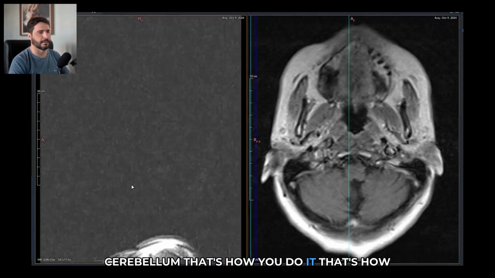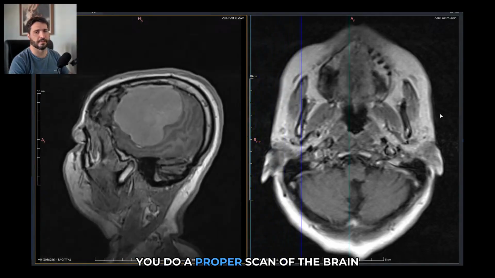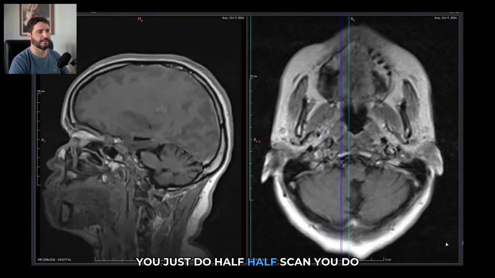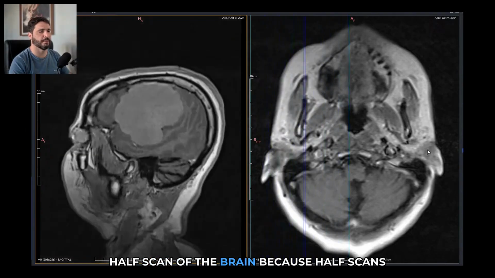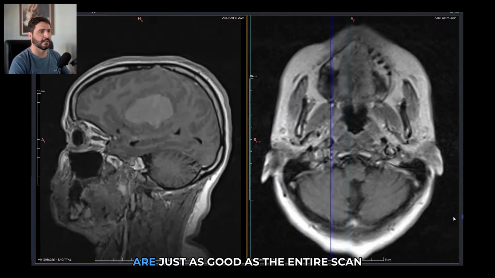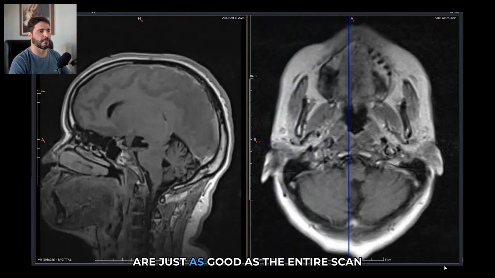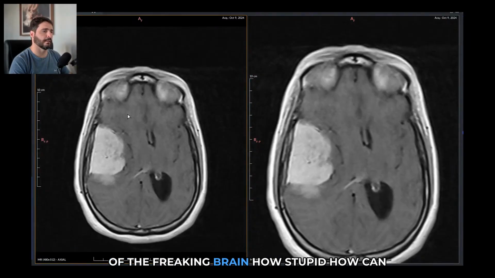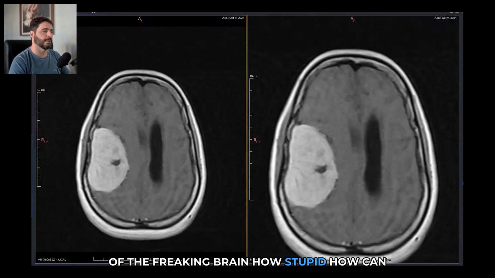That's how you do it. That's how you do a proper scan of the brain. You just do half a scan. You do half a scan of the brain because half scans are just as good as the entire scan of the freaking brain. How stupid can this